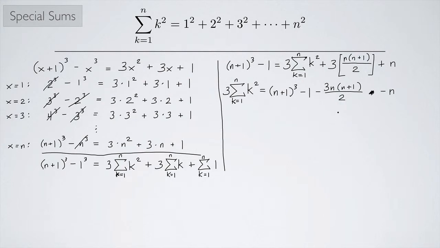And then I can divide by the 3, so I'm going to have the sum from k equals 1 up to n of k squared equals 1/3 of,